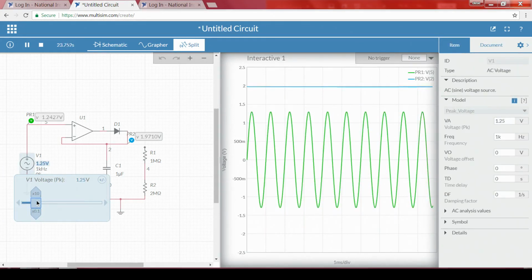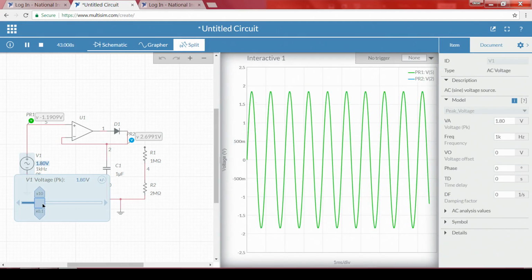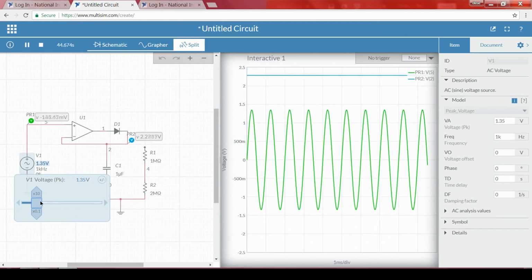Let me decrease it. Now the capacitor started slowly decreasing, because the input voltage is now much smaller, and the capacitor will also take some time to discharge, because that entirely depends upon the discharging rate. So it started discharging, and again continuously maintains the value of the peak. That means one part is clear: whatever peak voltage we get, the capacitor will charge to that peak value.